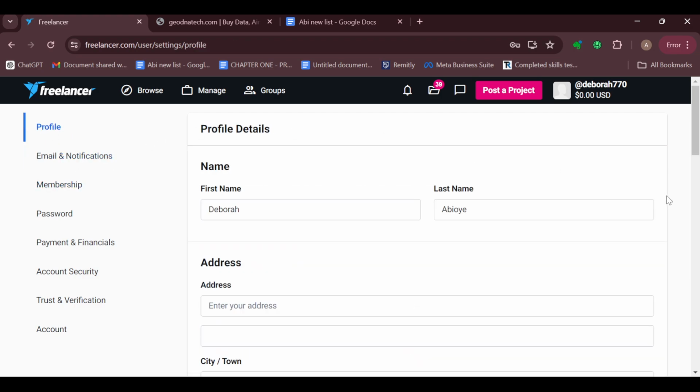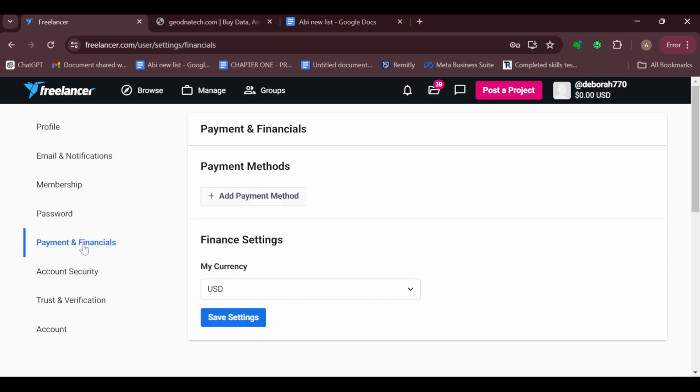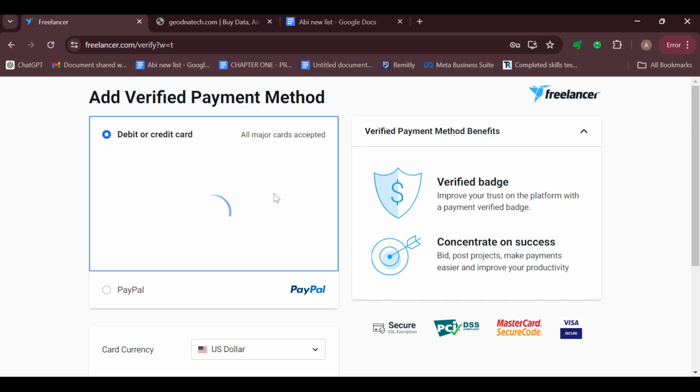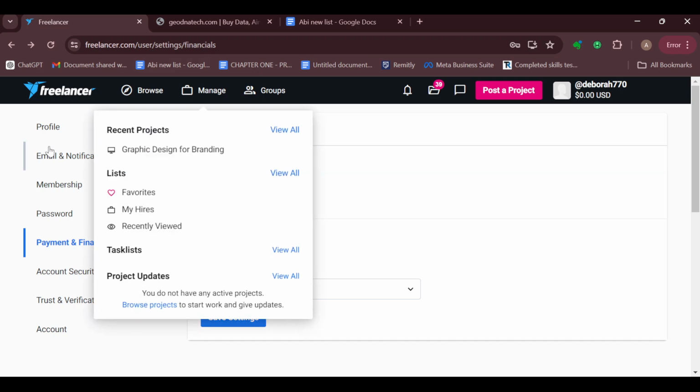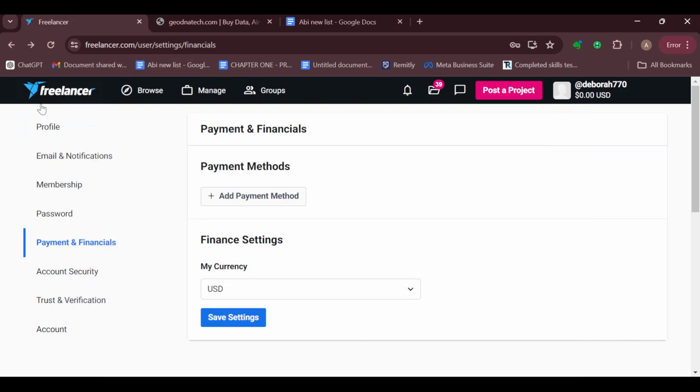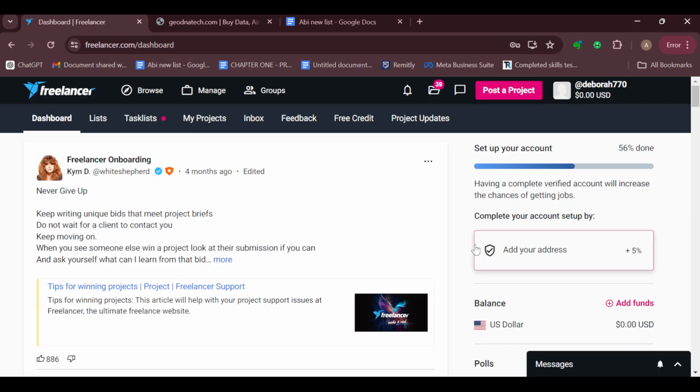procedures that are there. Then one way of adding your funds is by clicking on payments and financials and then clicking on add payments method. By the time you click on add payments method, you will be required to add a particular amount of money to your account in order for your payments method to be verified. This is one way. Then another way, which is the easiest way to go, is by coming back to your